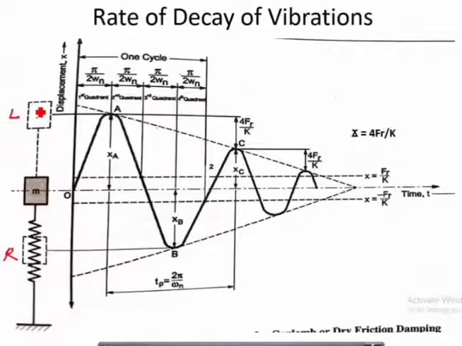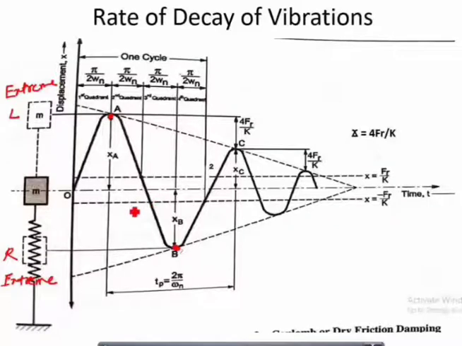Now considering a cycle starting from a point A, I have considered the cycle starting from a point A. Now at point A, the velocity, now this point A indicates the extreme left position. I am repeating again, extreme left. And this point B again indicates the extreme right position. Now at extreme position, your potential energy is maximum, which means kinetic energy is 0. Kinetic energy 0 means what?